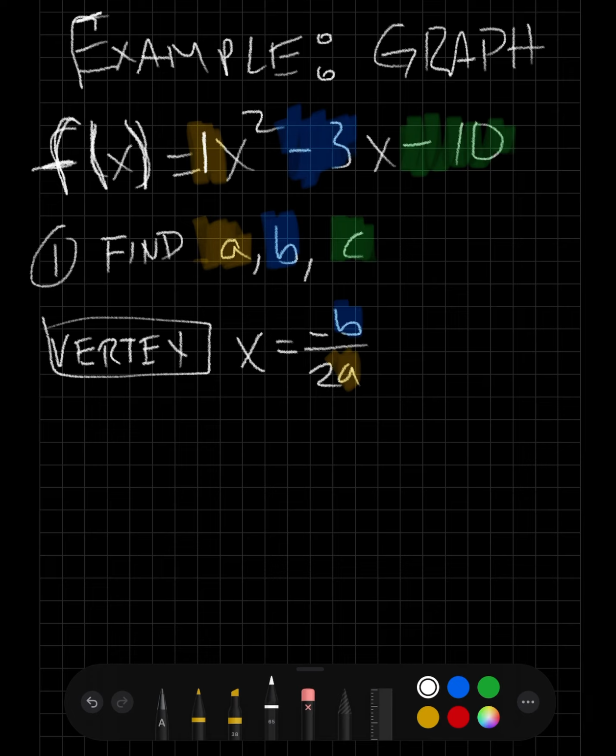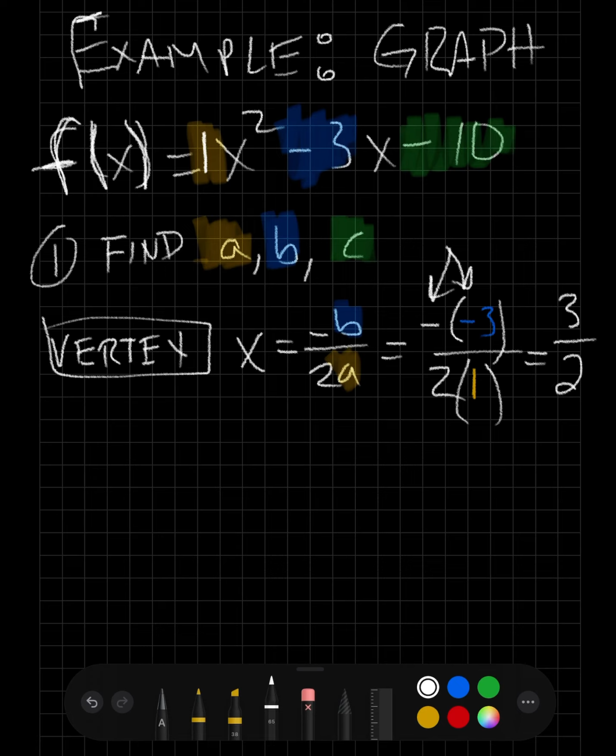So what this is going to tell me is that that's actually -(-3) divided by 2, and my a value is 1 here. So these two negative signs, I have the opposite of a negative number, which is a positive number. So I end up with +3 divided by 2. So that is the x coordinate of my vertex,